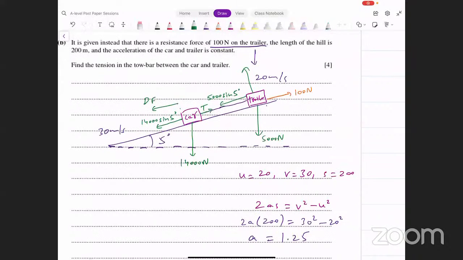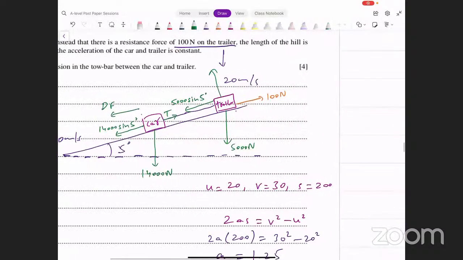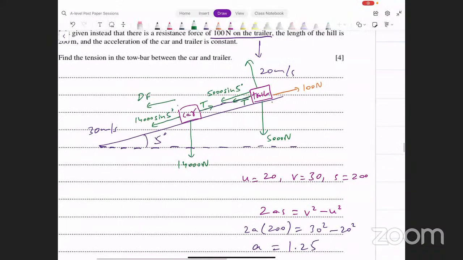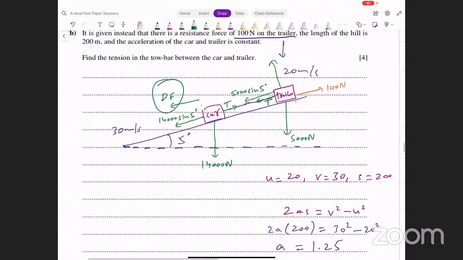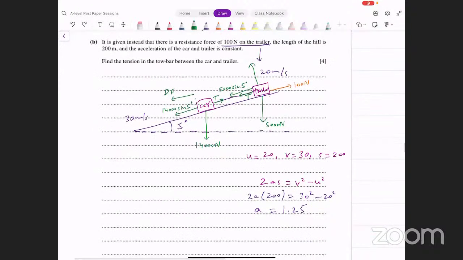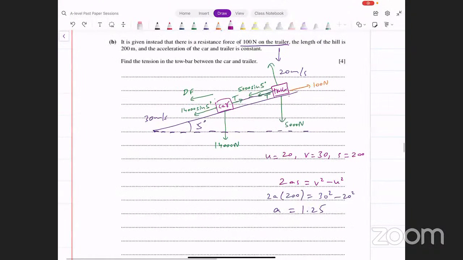What about the trailer? ट्रेलर के ऊपर कौन सी फोर्सेस लग रही हैं? We got this force that is 5,000 sin 5 degrees, that's one force. We got 100 Newton, that is the resistance force on the trailer, and we also have the tension that is acting in this direction on the trailer. Okay, ये हमारे पास ट्रेलर के ऊपर फोर्सेस आ गई। Yes, so we could actually find the driving force here as well, वो आप फाइंड कर सकते थे अगर करनी होती, उसने आपसे पूछनी है। लेकिन यहाँ पे हम क्या कर सकते हैं, अब दोनों के ऊपर, यहाँ पे वैसे एक ही चाहिए,